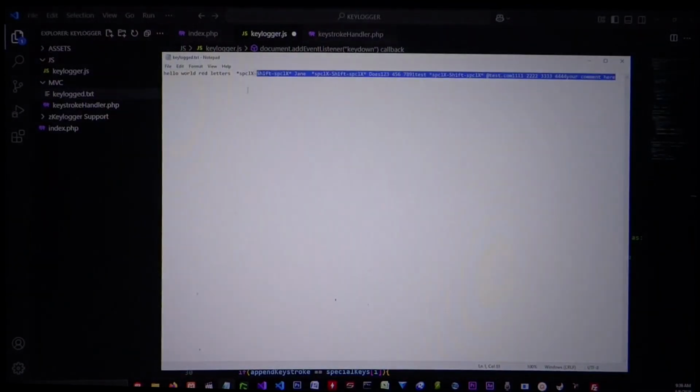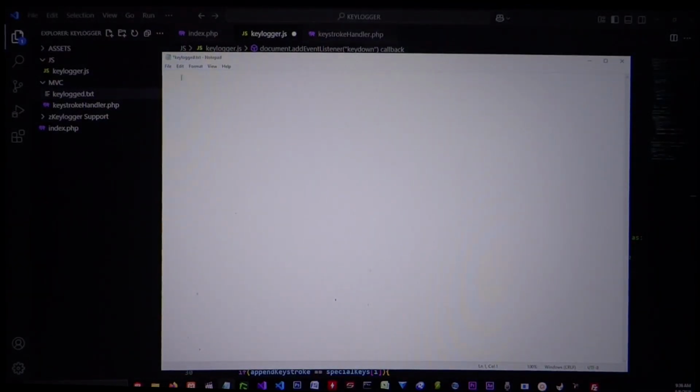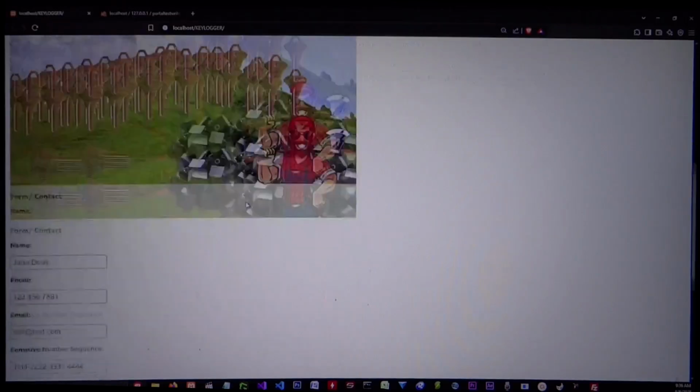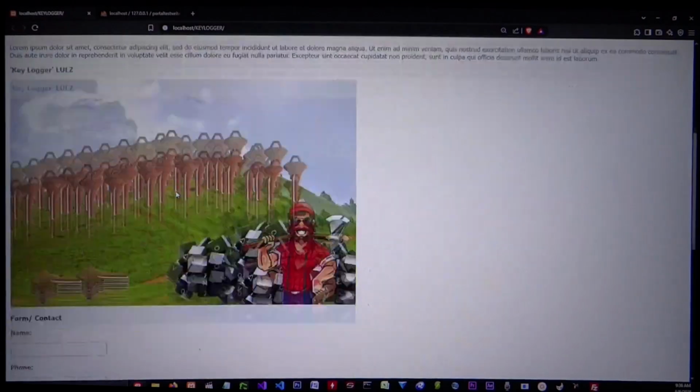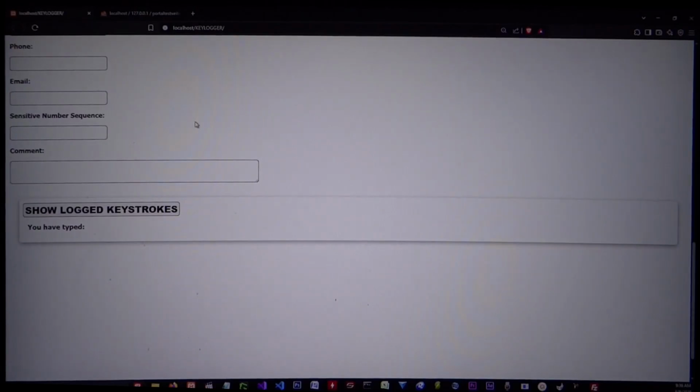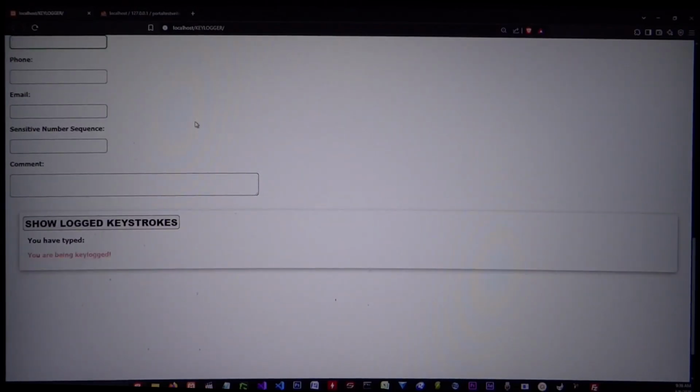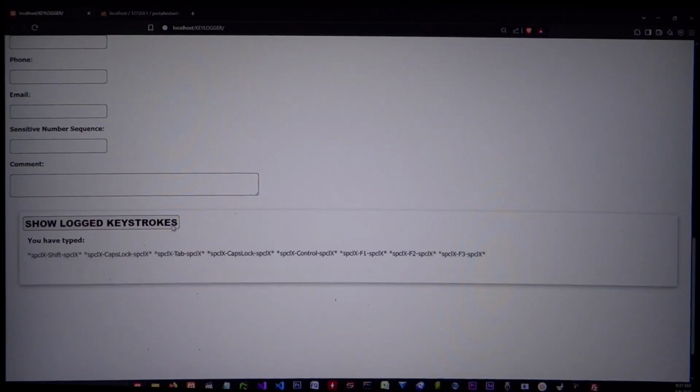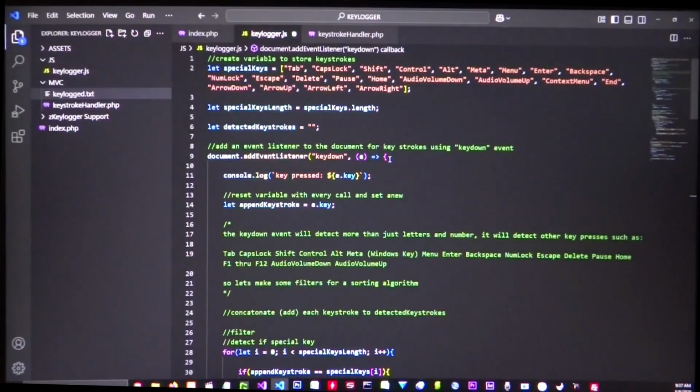Let me go ahead and clear this out so we can have a clear view. I'll save that. I'll come back here, I'll refresh the page, clear everything out, and I'm going to hit shift, caps lock, tab, caps lock again, control, F1, F2, F3. I'll go ahead and close that out. So you can see shift, caps lock, tab, caps lock, control, F1, F2, F3, and so forth. And again, I just did that to show that to do a sorting algorithm, you want to denote these type of